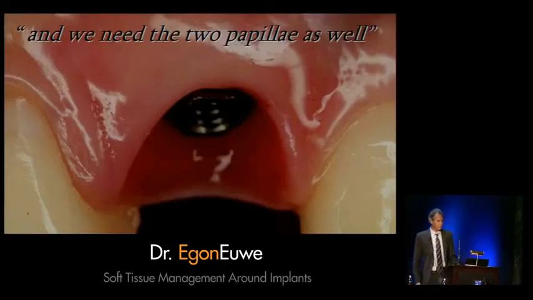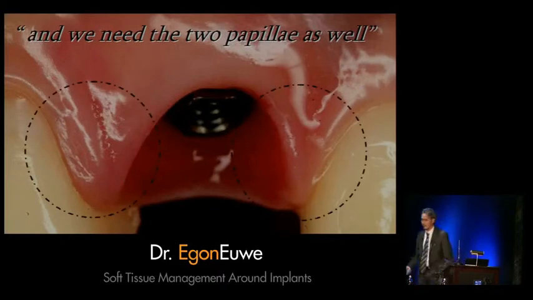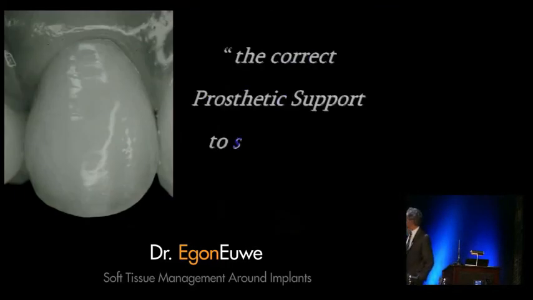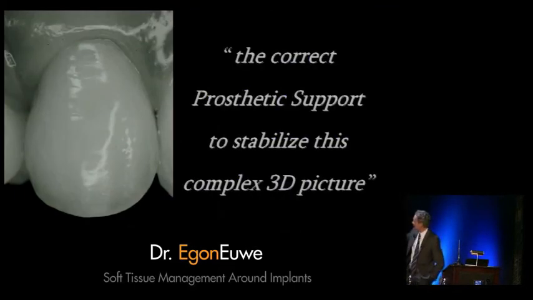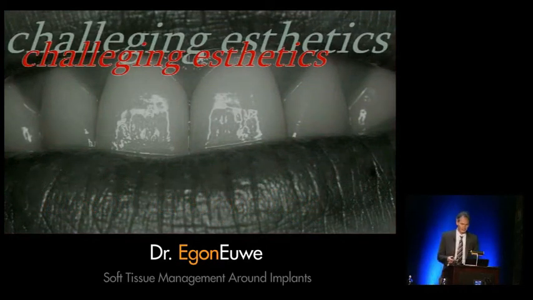And on top of that, we need the papilla as well. And we talked already about the papilla and the importance of building up these papilla. And Martijn Molenaar and Erik, they showed us this morning how they carve the soft tissue, how they give what I called adequate prosthetic support to keep this complex 3-dimensional architecture in place and to keep it stable over time. So this is basically what I consider as important key factors if you want to work in an aesthetic way